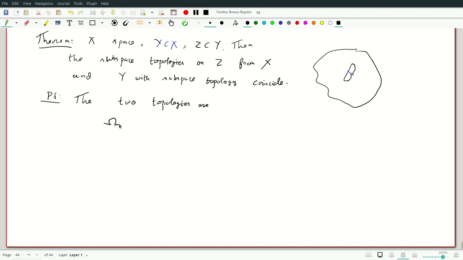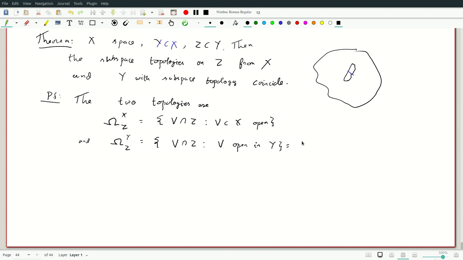Well, one is directly from X, let's call it omega ZX. This is going to be equal to V intersection Z, V contained in X open. Along the way we've stopped using omega and just say open here, because by now one assumes everyone is used to this terminology. And omega ZY is V intersection Z, V open in Y,